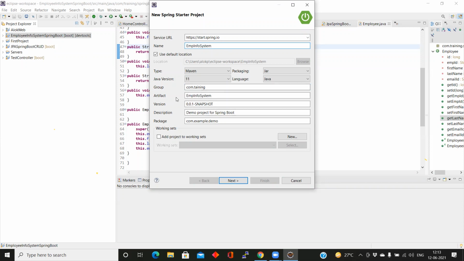So you notice that it is an artifact name, EMP info system, description, and here you can give the same name, com dot training dot Spring Boot. These are the steps actually. Input is required. Next,